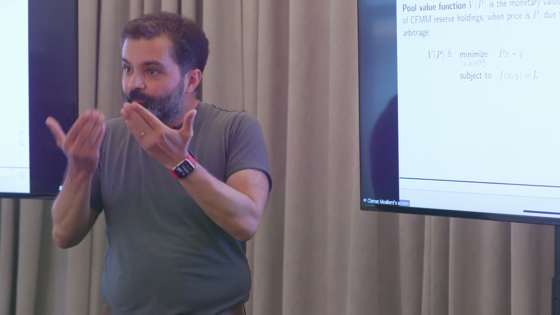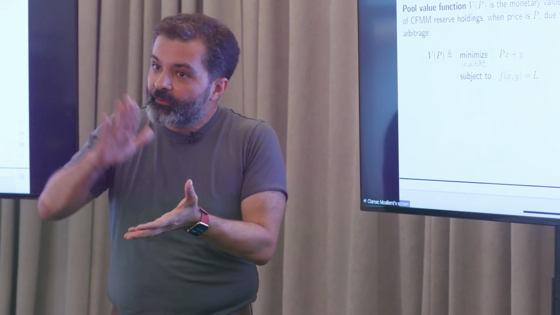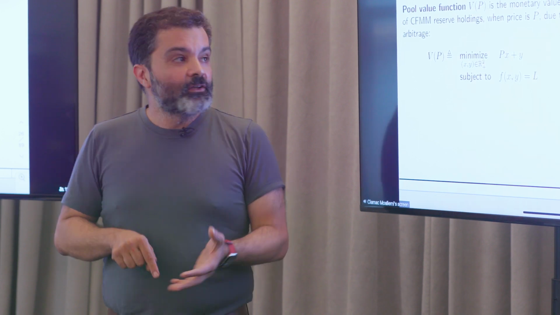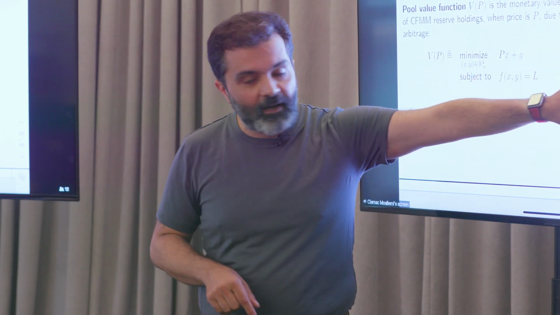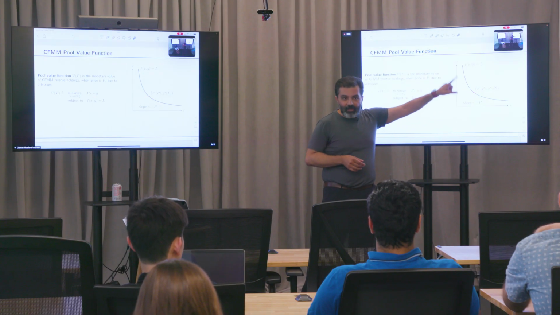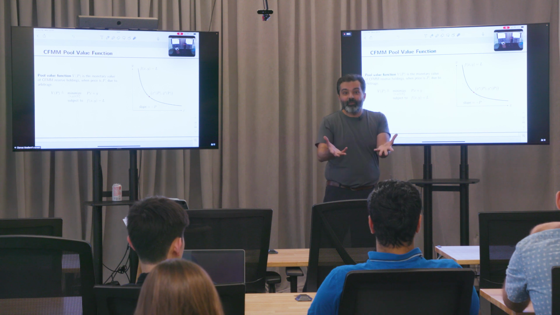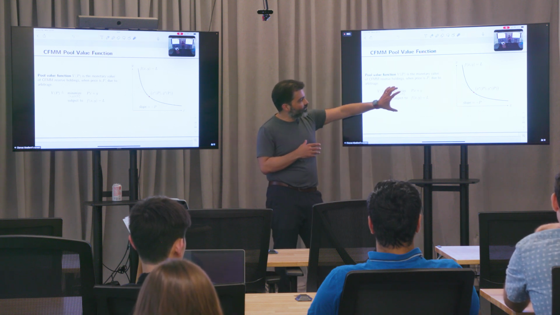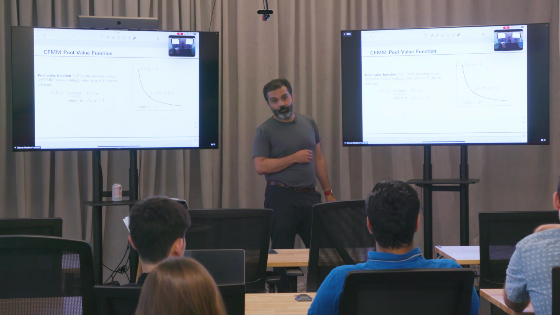And because that immediate trade is zero sum, what will happen is they will move the pool into a configuration where its value is minimized, right? Because you're in an adversarial environment, as the price changes, traders will trade against you to try and make the most money possible. When they're making money, it's minimizing the value of the assets in the pool. So this minimization problem becomes important.